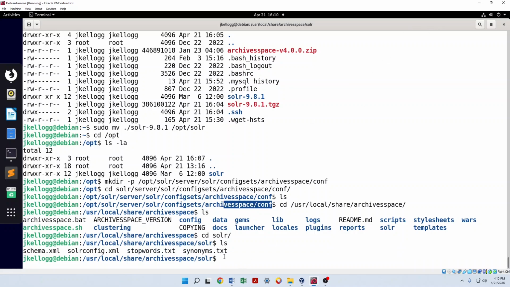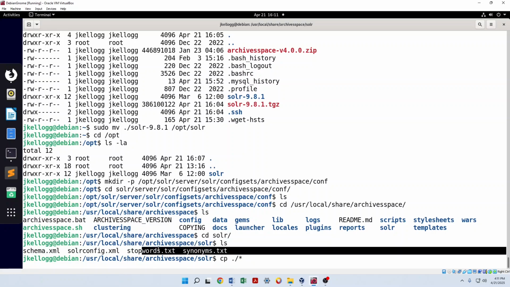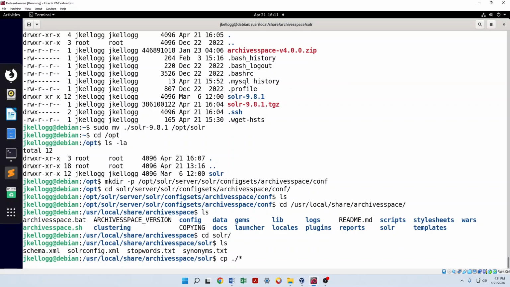And we can do that with, let's see, I think my user owns both, so we don't have to use sudo. All right, so the command for that would be cp, and then I'm going to do a period and / and then an asterisk. So basically what that says is, in this current directory of Solr, we want to copy everything in here. So that's these 4 things right here. And we want to copy them to the opt Solr server solr configsets